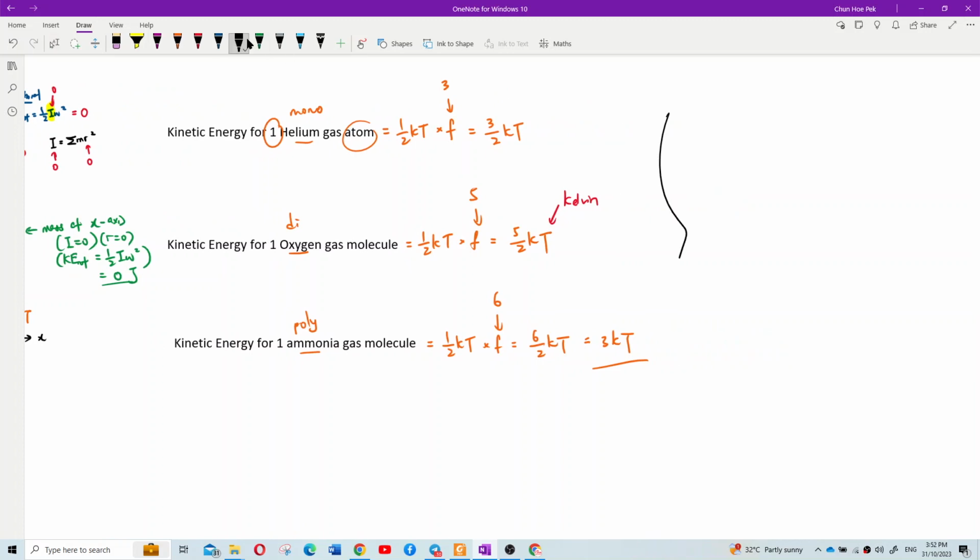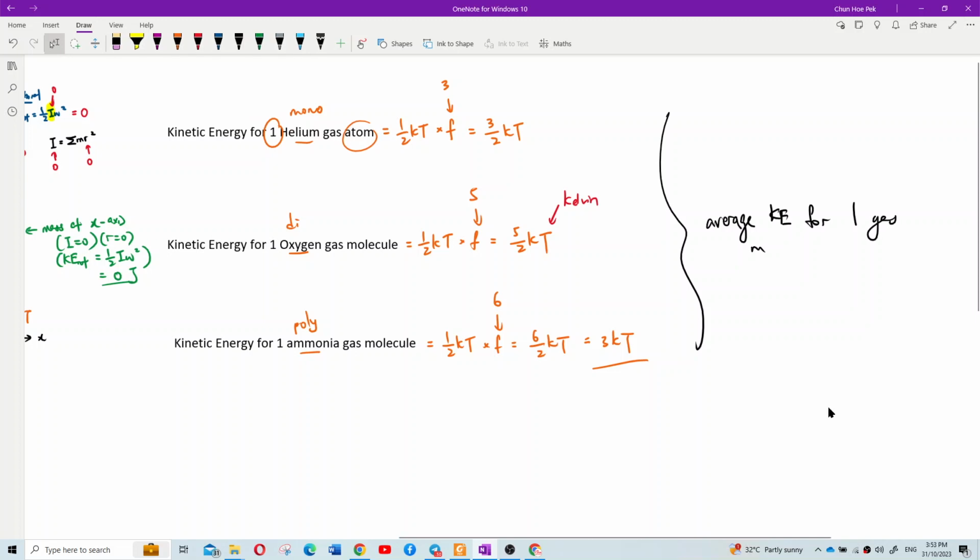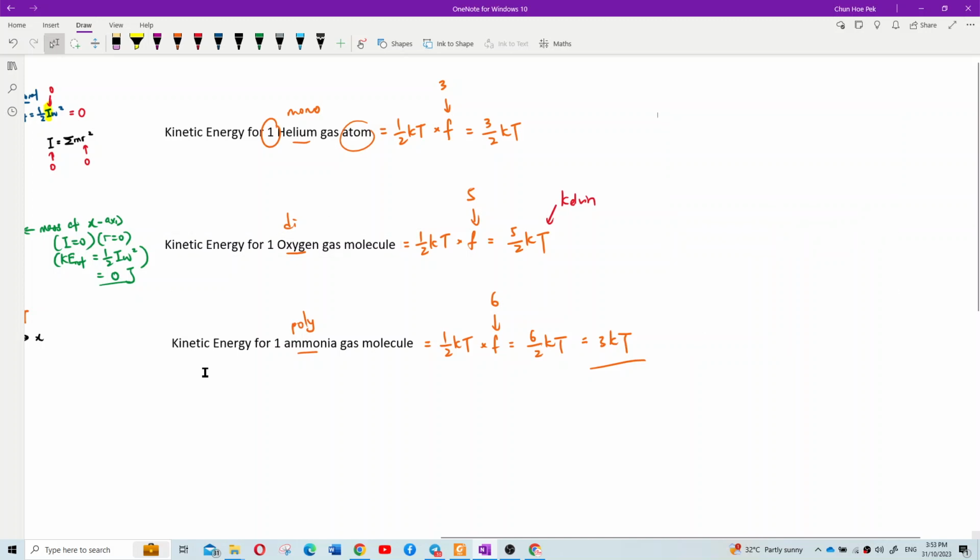What I want to say is the average kinetic energy for one gas molecule. Maybe I should just type it out. So the average kinetic energy for one gas molecule,